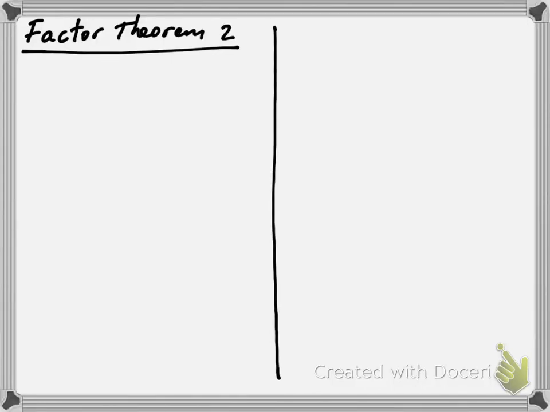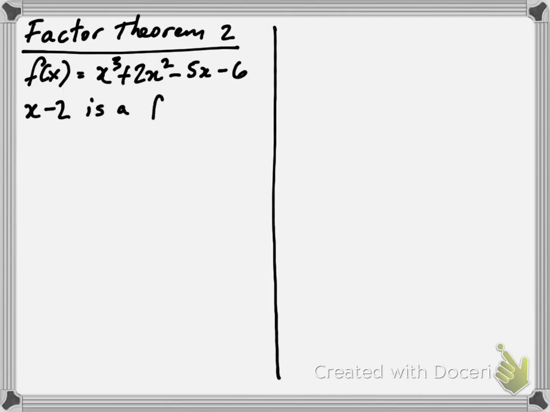Alright, so this is the factor theorem, using the factor theorem to factorize a cubic. I'm going to use one of the examples that we did in the previous video on the factor theorem alone. We will take the function f of x, the first function we used, which was x cubed plus 2x squared minus 5x minus 6, and using trial and error we came up with x minus 2 is a factor